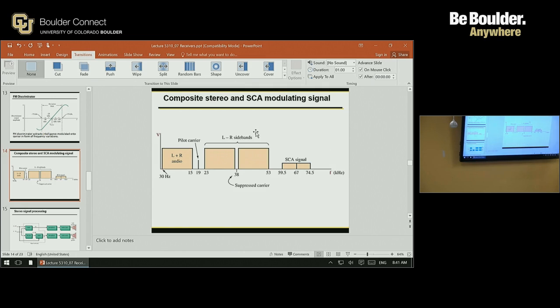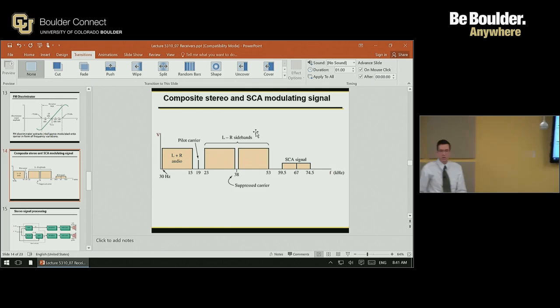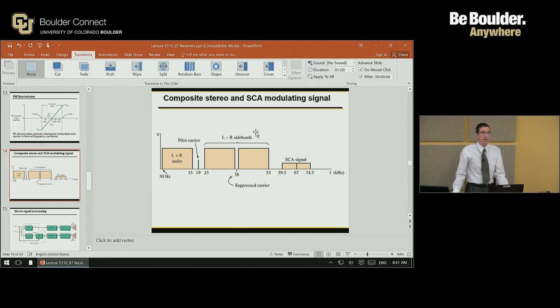They also talked about stereo radio. There are a number of different ways you could do stereo. Probably the easiest way would be to take a double sideband AM, and transmit the right channel on one of the sidebands and the left channel on the other sideband, and combine those two together. Then on the other end I receive both sidebands and I've got a right channel and a left channel. So that would have been great. That's probably what we would have done if